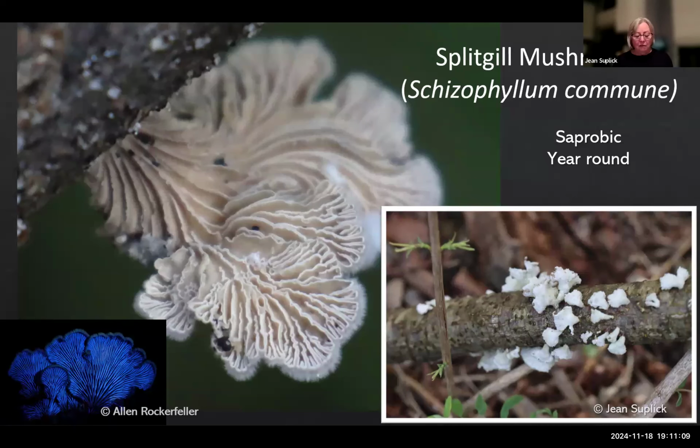If you look closely at the underside of this mushroom, and that's what we're looking at in the large picture in the center, it might look like there's a single gill when actually there are a pair of gills. And if you look real closely towards the edge of this one near the bottom of the slide, you'll see that there's actually a pair. The spores are actually produced on the inner surface of each gill slit. So the slit is formed by two membranes, and the inside of those surfaces are where the